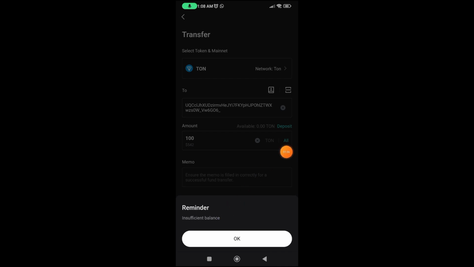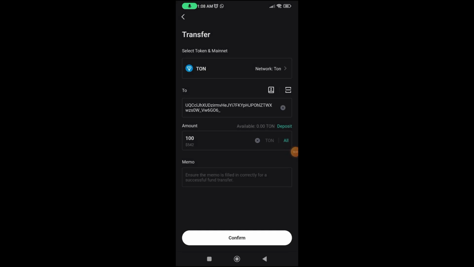And as you can see, because I don't have balance, they show me this message. But for you, just tap on confirm and confirm the transaction to be able to transfer from Bitget Wallet to